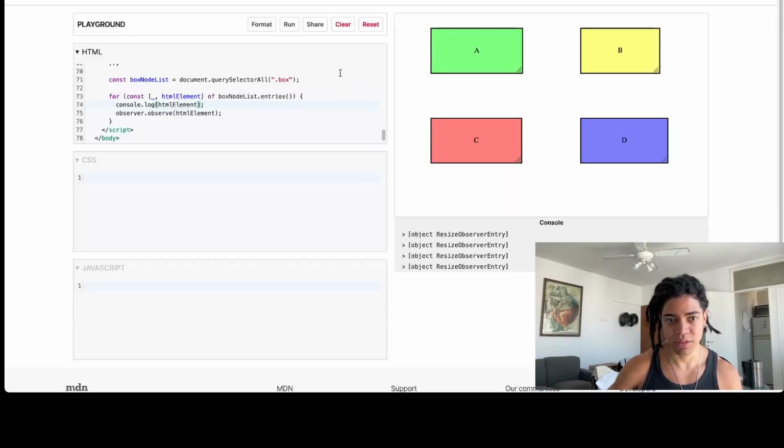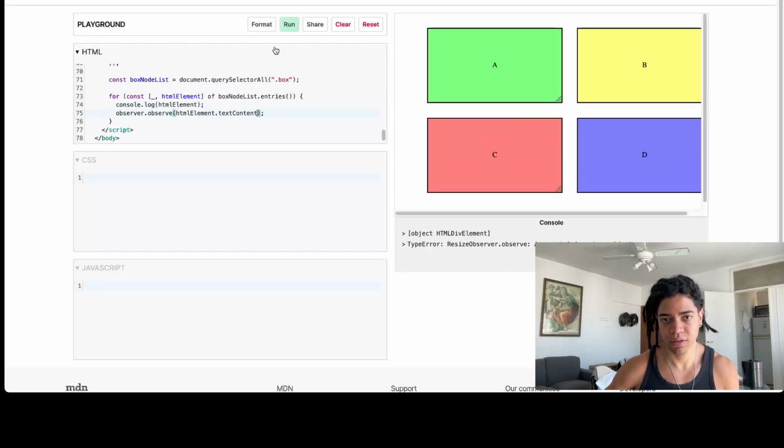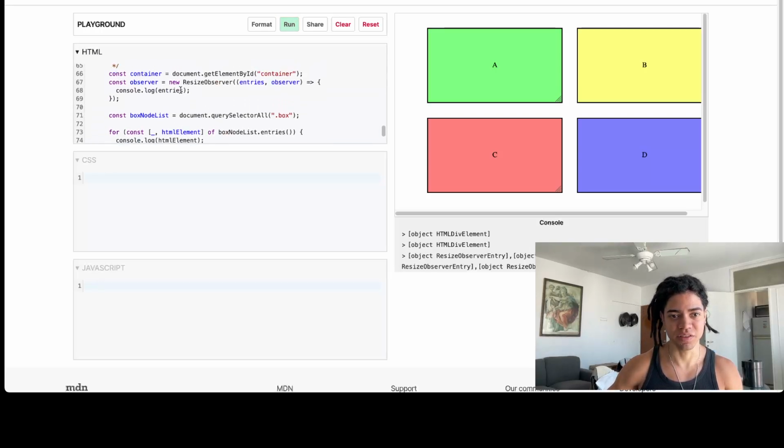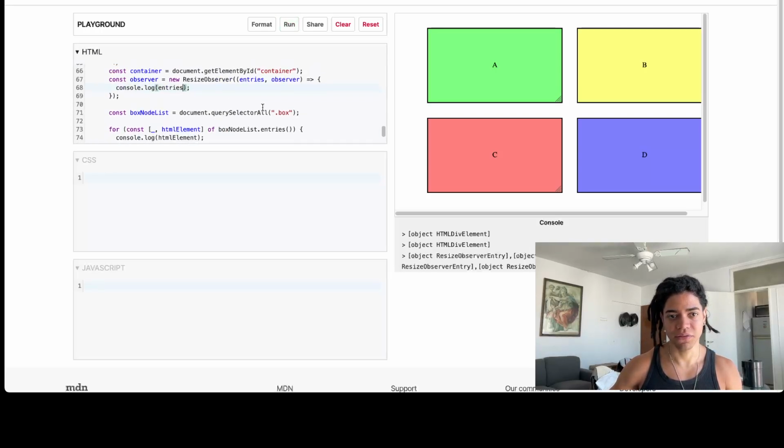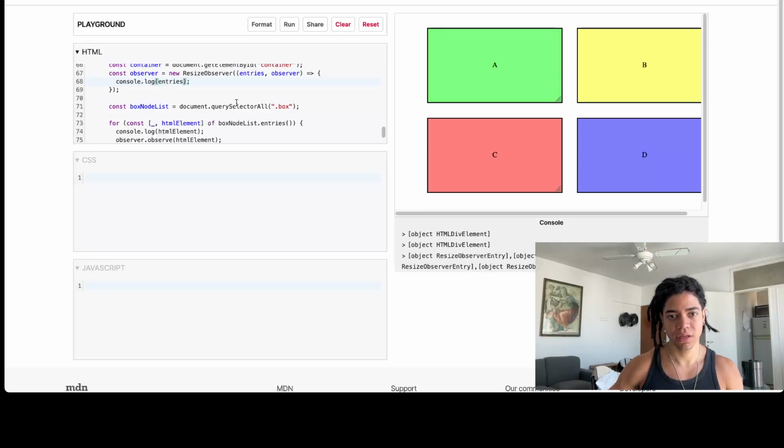Where here we can say, hey, provide the text content. So run this. Okay, argument 1 is not an object. Oh, of course, my bad, because it's not here. It's in fact